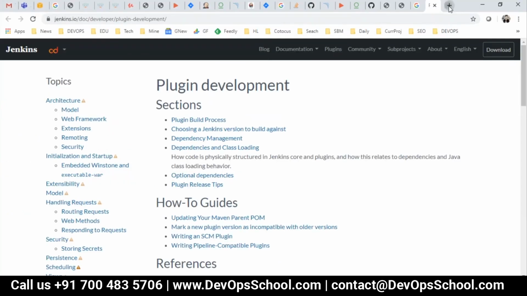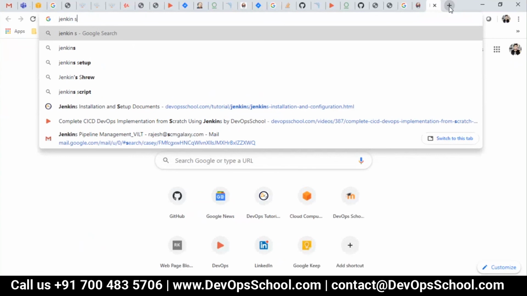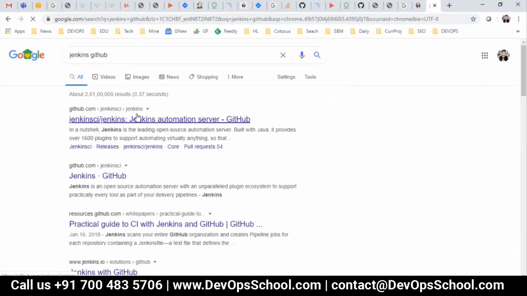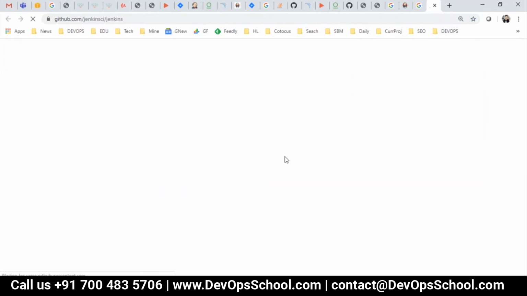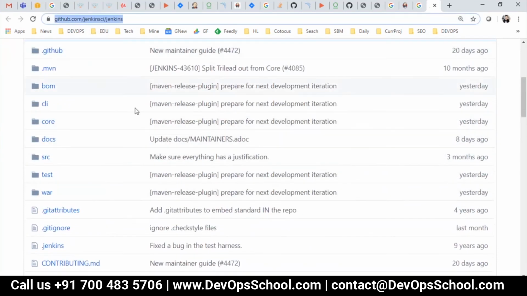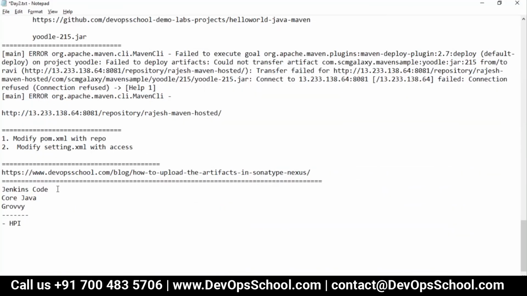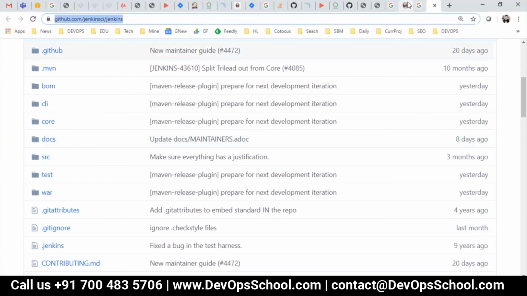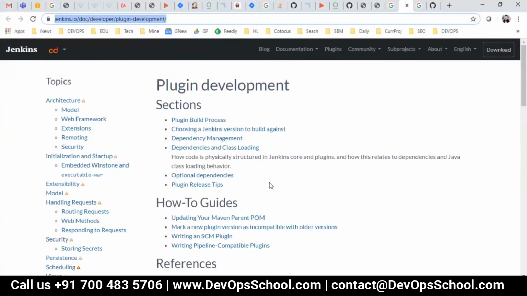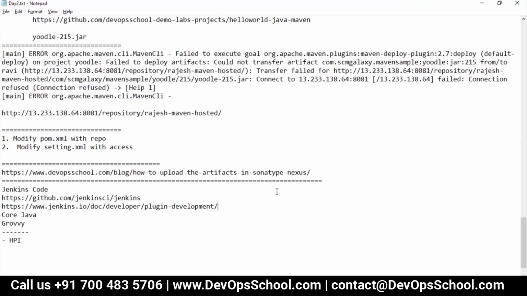Jenkins code you can find on the Jenkins GitHub, and you can go through this project and write it. Here is the code. You have to go through this code and get it done. So these 2-3 URLs will help you to develop plugins in Jenkins. Okay, thank you. Yeah.